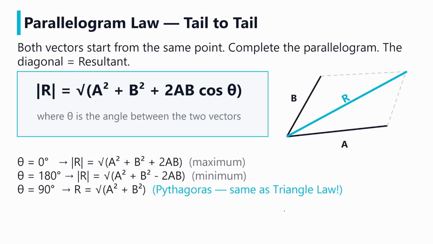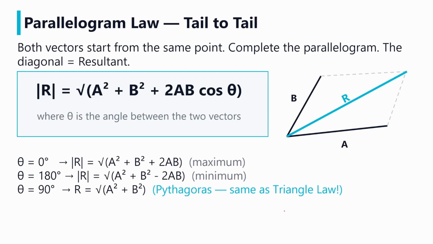Alright, now the second method, and this one is useful when two vectors act from the same point simultaneously. Think two forces both acting on the same bolt at the same time. Priya's journey was sequential, one leg after the other. But if two forces act on an object together, they share the same starting point. And that's when you